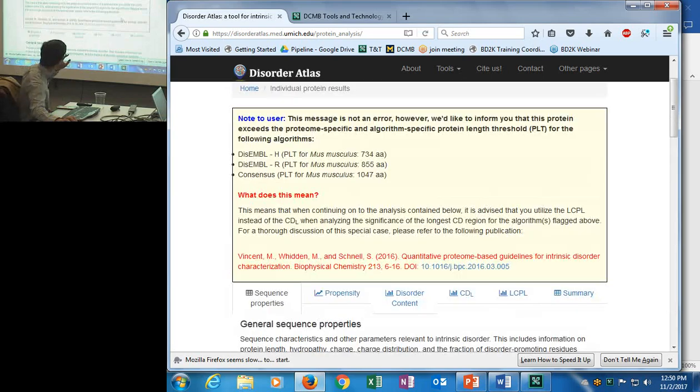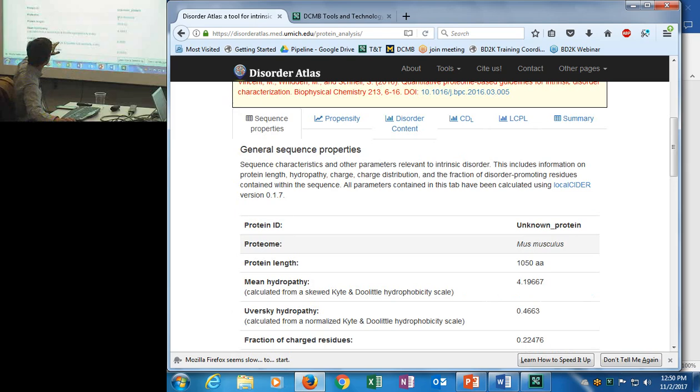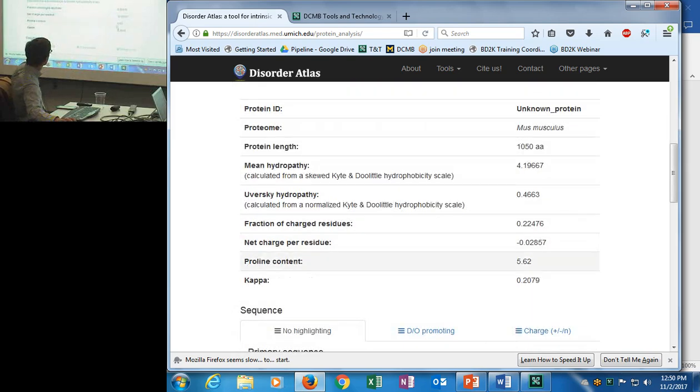And one thing is that some of these protein disorder algorithms give ideal predictions depending on the size of the protein. Some of them tend to exceed thresholds where the predictions are no longer effective, and it will give you a warning message about what would happen if you exceed the number of amino acids, which algorithms you should be using, and the measurements that we consider more objective.